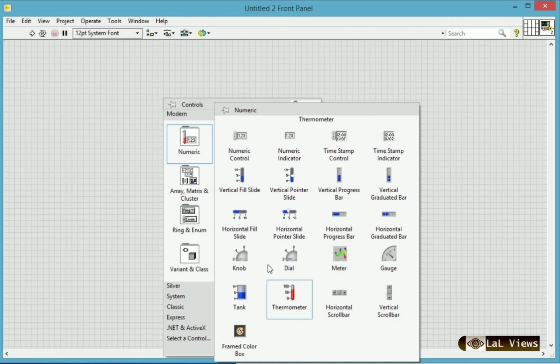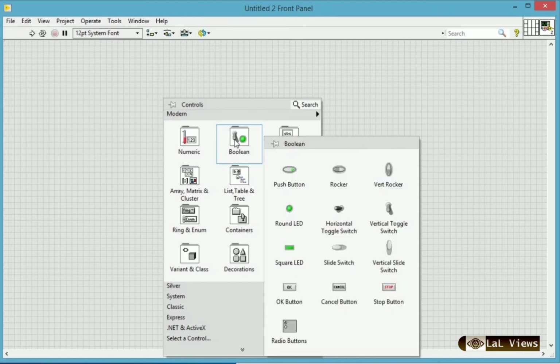Then the second option, Boolean. The Boolean controls we have available are the push button, rocker, vertical rocker, round LED, square LED, several toggle switches, OK button, cancel button, stop button, etc. I think you already know the feature of a Boolean control.